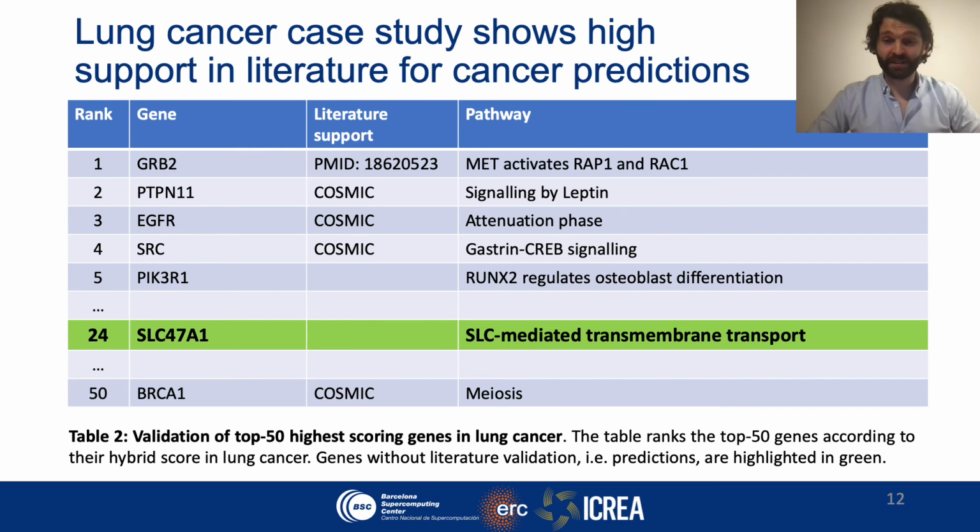Finally, we perform a case study in lung cancer, where we try and validate the top 50 predicted genes for lung cancer and the pathways that are involved. So in this case, for the genes that are predicted for lung cancer, we can validate 49 out of the 50 genes predicted to be involved in lung cancer, and spurred on by this high validation rate, we are quite confident that our only remaining prediction, SLC47A1, for its role in the SLC-mediated transmembrane transport pathway, is highly likely to